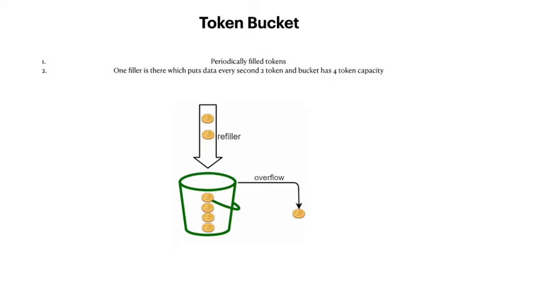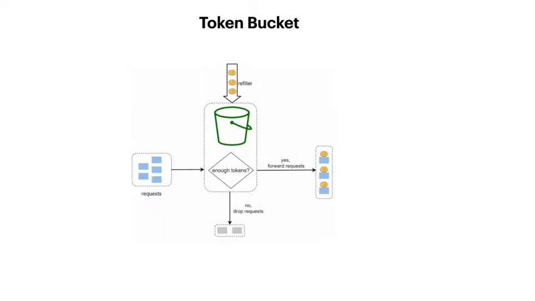Okay, so let's see how we use this for rate limitation. If you see this diagram, there is a request, which we can consider as a client, and there is a server. When your request goes to the server, it will hit your rate limitation service, which will check whether tokens are enough. If tokens are enough, you will assign one token for your request, and that request will be forwarded to your server. That means your request will get fulfilled.